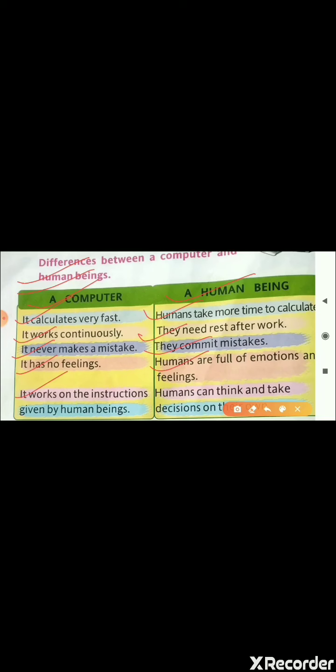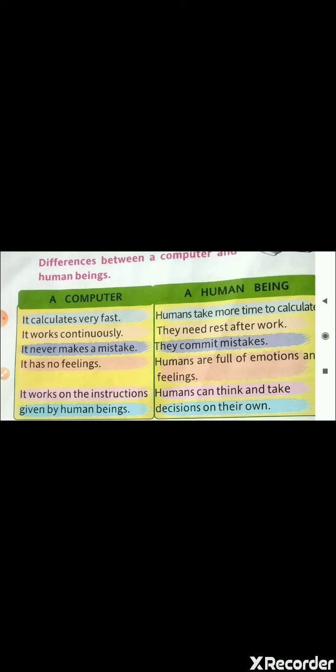That means a computer needs instructions. Whatever work a computer does needs instructions. But humans can think and take decisions on their own. I am a human, you are a human, so we can think what we have to do and take decisions on our own. We don't need any instructions. We have our mind, we can think and do our work on our own. So these are the differences between a computer and a human being.